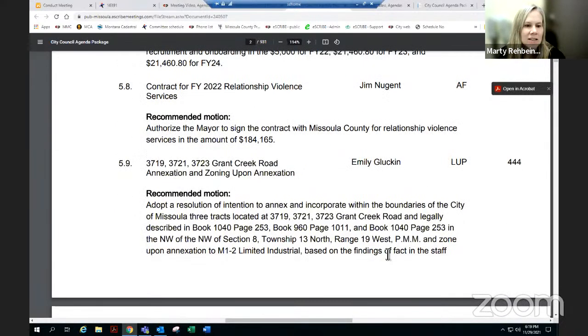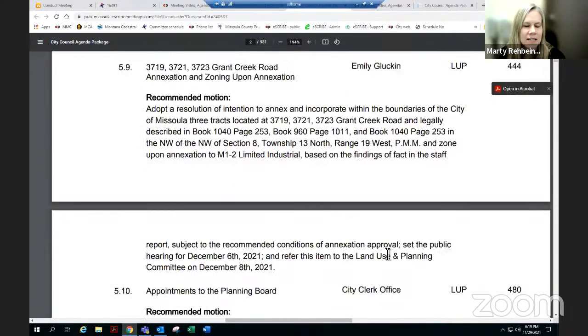Number 9 is to adopt a resolution of intention to annex and incorporate within the boundaries of the city of Missoula 3 tracts of land that are located at 3519, 3721, and 3723 Grant Creek Road, legally described as Book 1020, page 253, Book 960, page 1011, and Book 1040, page 253 in the northwest corner,